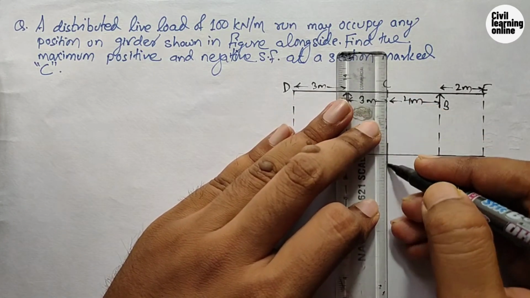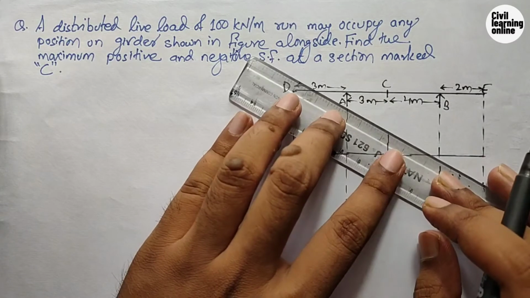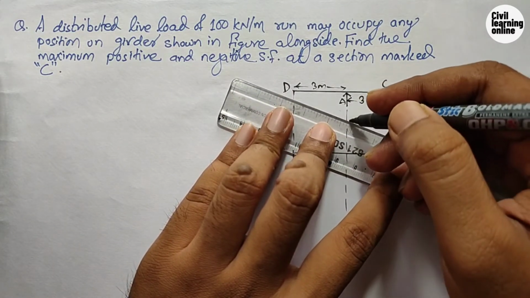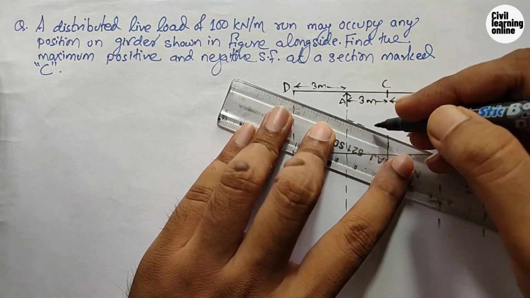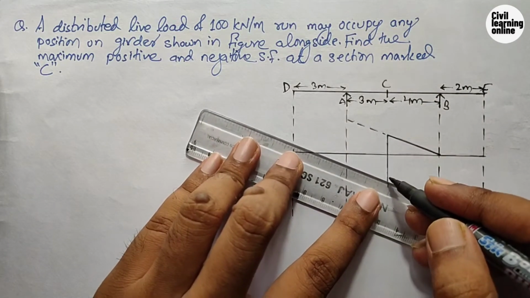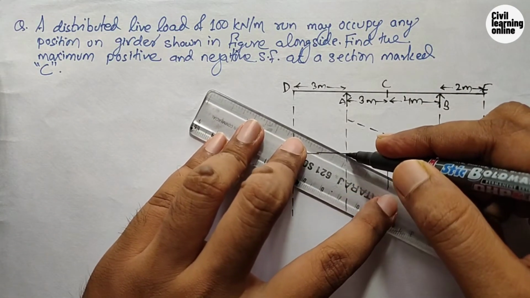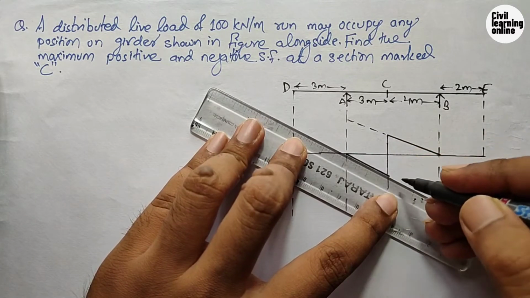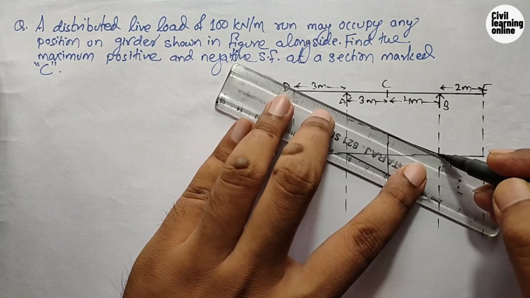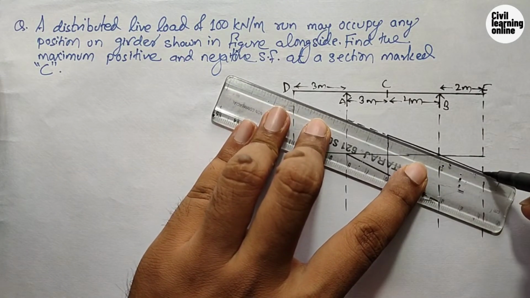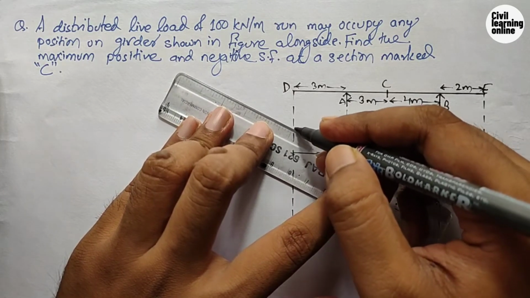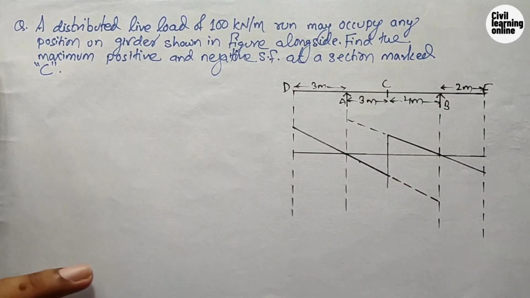It will take the value here like this, and here it will be the portion of VA, means reaction at A. So leave this dotted and join it here. Similarly, for reaction at B, it will be the portion of the reaction at B, so up to here, and leave this dotted. Now produce this downward here and produce this line upward. Now mark the values of the ordinates.